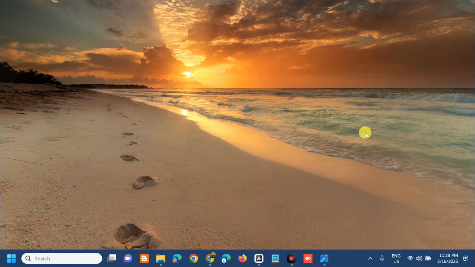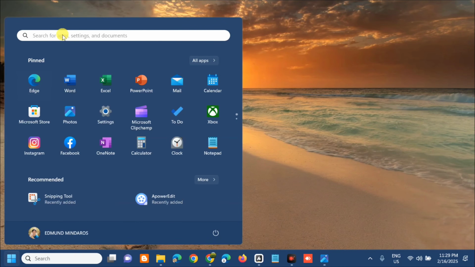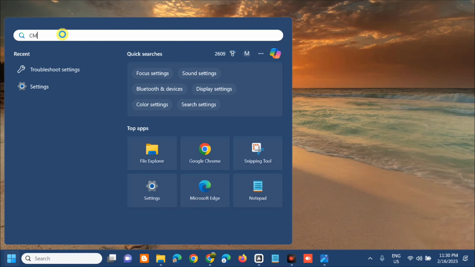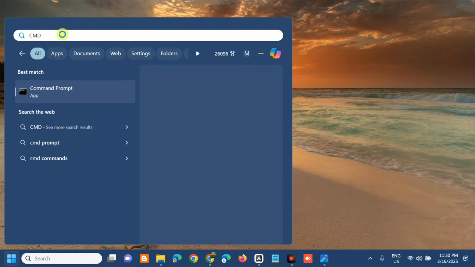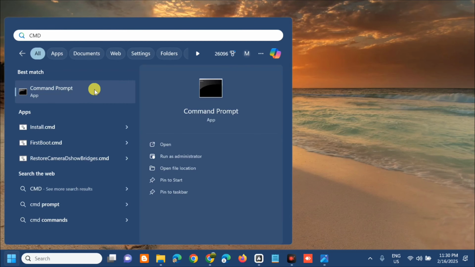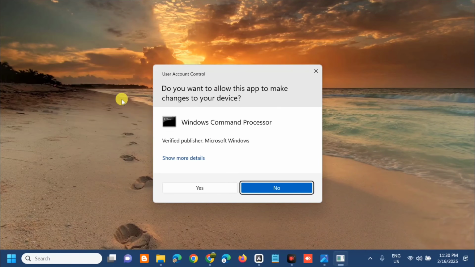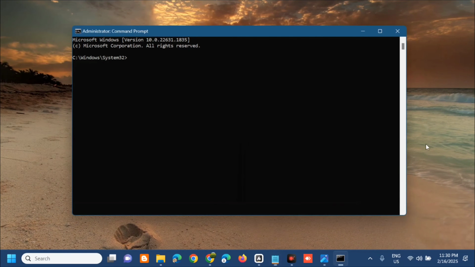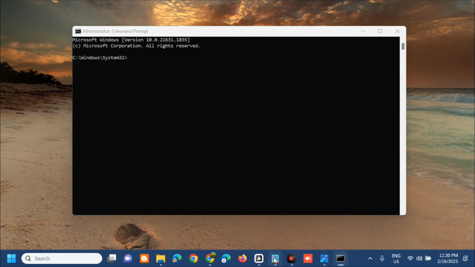All you have to do is open up the search menu again. Search for apps and type CMD, which is the command prompt, then right click and tap run as administrator. If you receive a User Account Control prompt, tap yes. Once you open this administrator command prompt, the next step is to enter this command keyword: